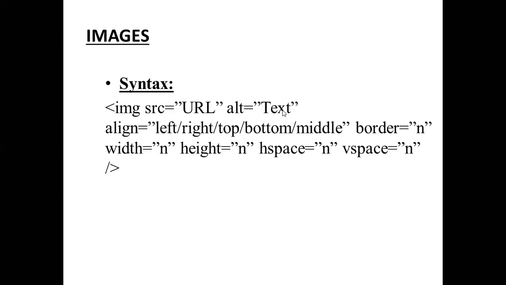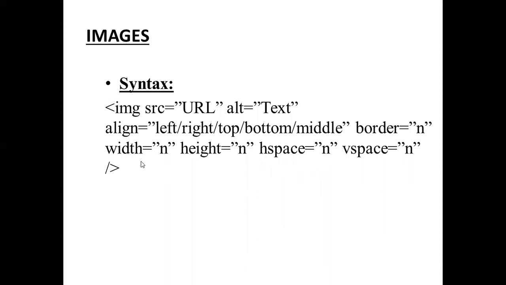Next, align specifies the position of the image on the web page. Left alignment or right alignment, top alignment, bottom alignment, it specifies the position of the image on the web page.